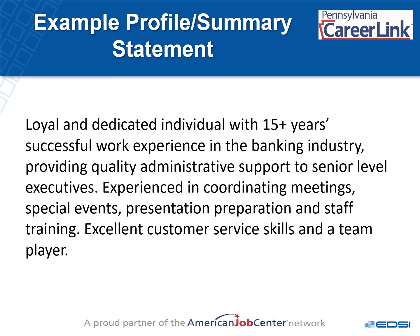Now, if we think about it, we know they're in the banking industry, so we've already seen that. We can see right there, successful work experience in the banking industry. But what exact position would you assume that they have experience in? Would it be a teller? We would really hope that a teller would not have all of this responsibility. So we can assume that this is someone who is in a probably mid to upper level position where